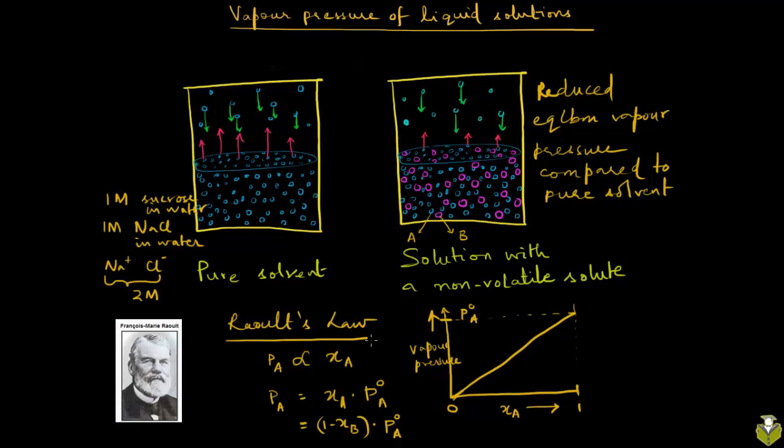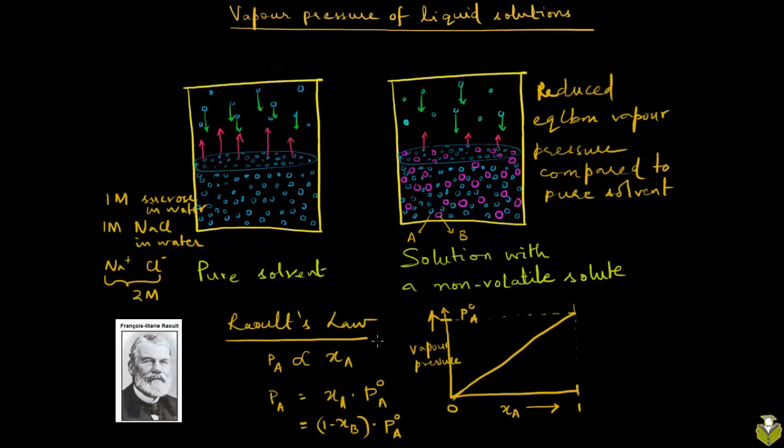The last thing I want to point out before we conclude this topic is that Raoult's law only talks about the quantities of solute and solvent in the solution. It says nothing about the type of solute or the type of solvent. As far as Raoult's law is concerned, it's the same whether you dissolve a bag of sugar in water or a bag of urea in water. It's going to predict the same vapor pressure of water in solution as long as the number of solute particles is the same. So it doesn't talk about the type of components involved.